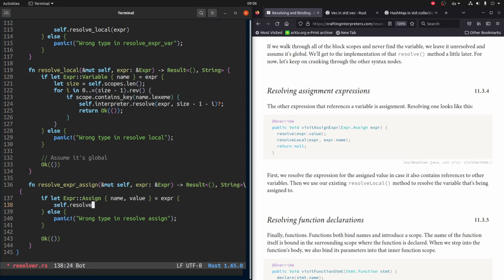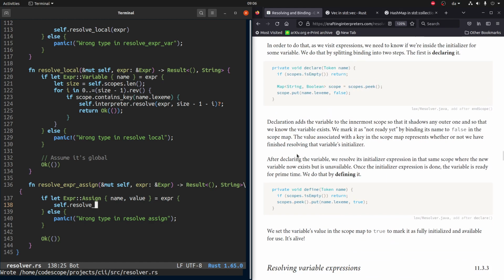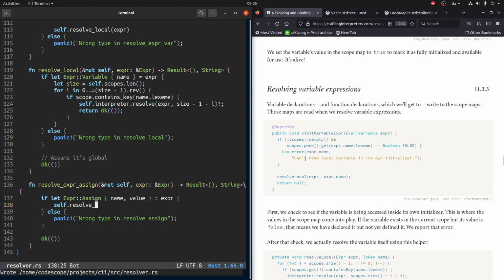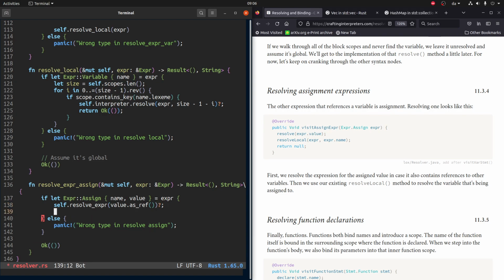So we'll say resolve. And it's calling resolve, which ends up where? It ends up in the visitor method, if I remember correctly, so we need to call resolve expr, and it's a box, so we need to call as ref, and then resolve local of the name,